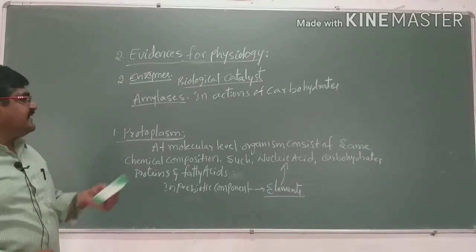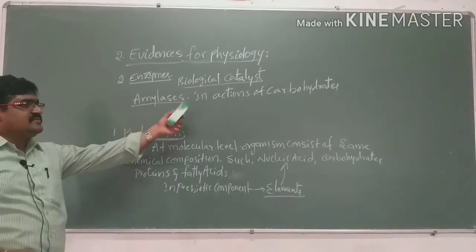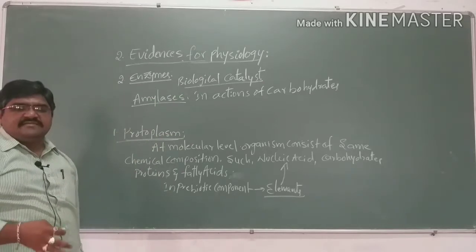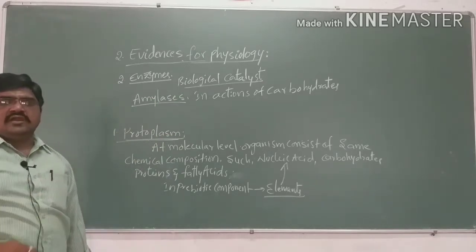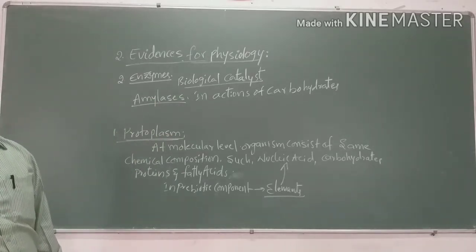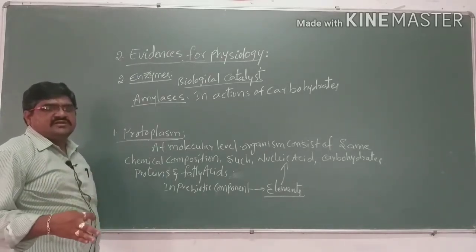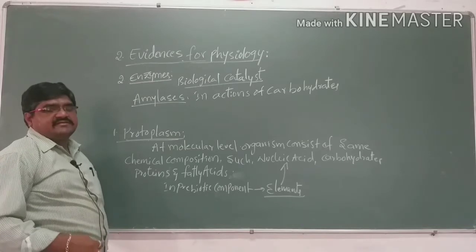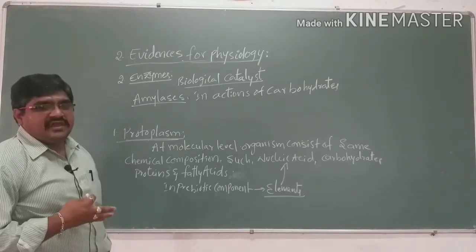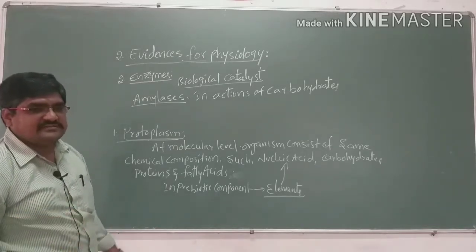This enzyme is present in all organisms, and the same enzyme performs the same function only. So this shows the ancestral characters of an organism, and evidences in physiology also show